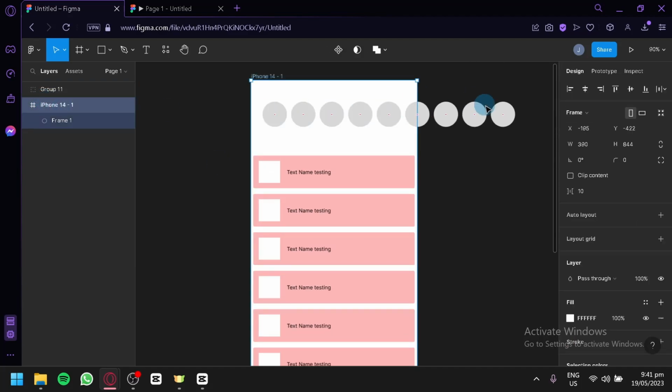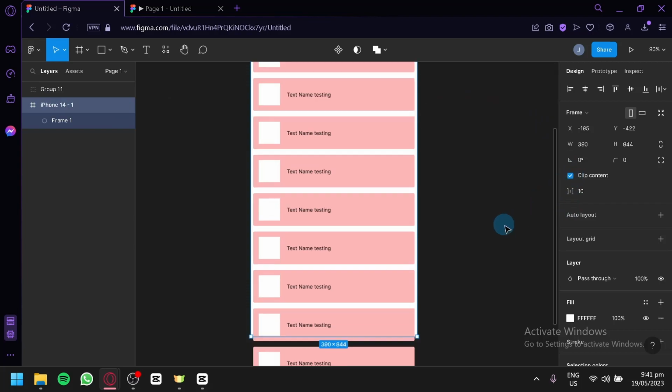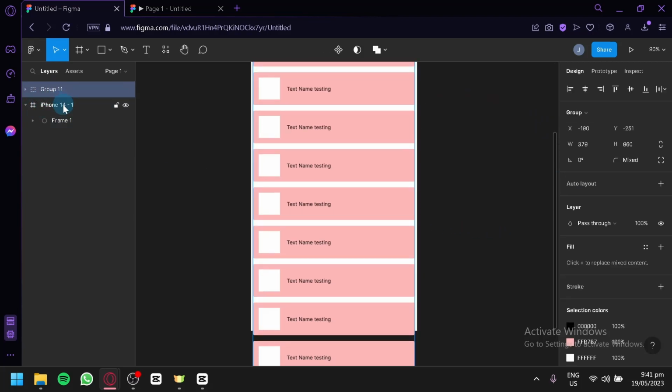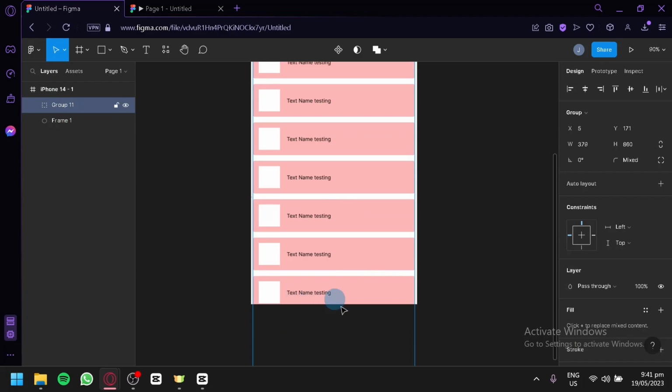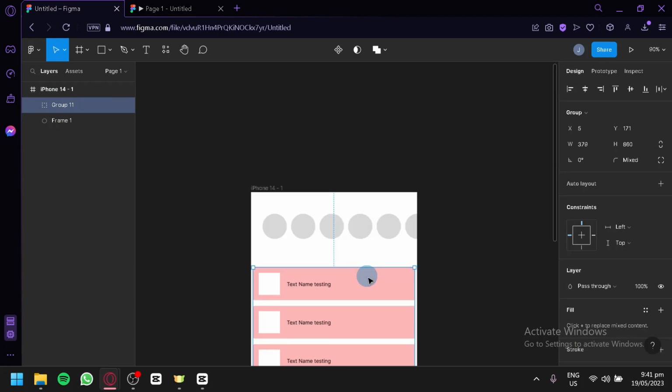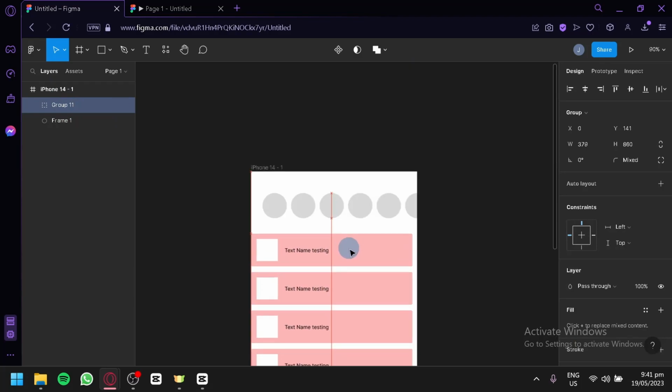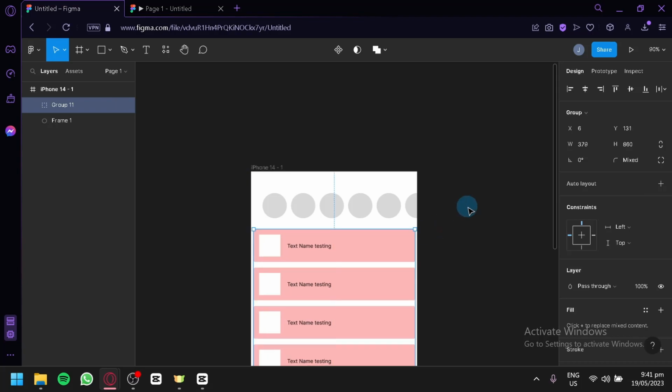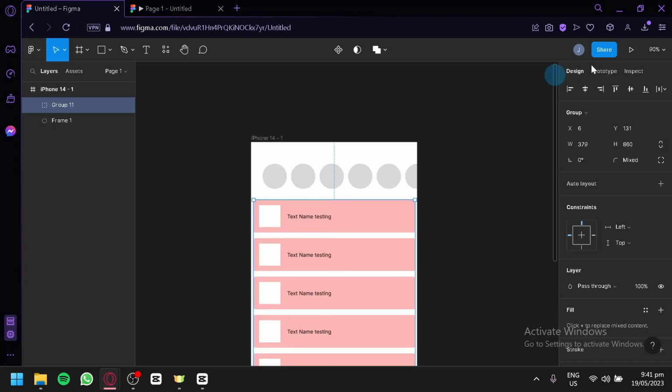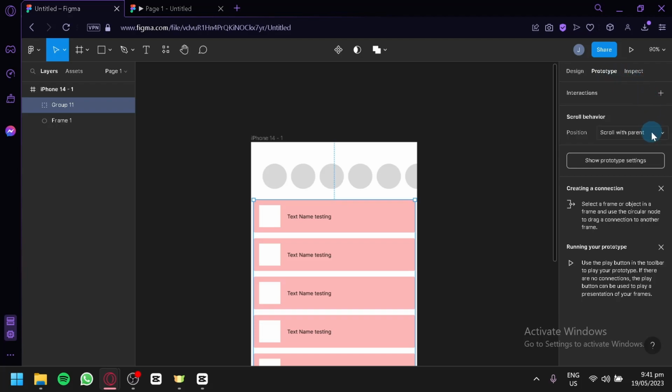And we're going to click on our frame. We're going to enable clip content again. We're going to make sure that the group is inside our frame, just like that, so that it is hidden. And we're going to arrange this, make it go up a bit, just like this. And the next thing we're going to do is click on prototype, click on scroll behavior, and for this time we could go with